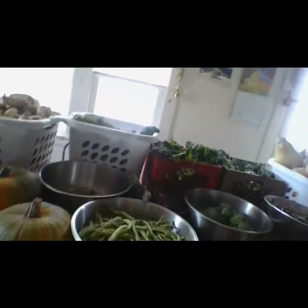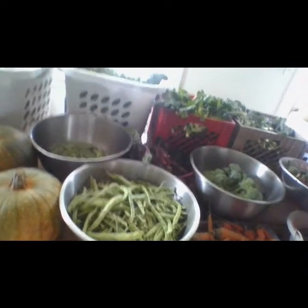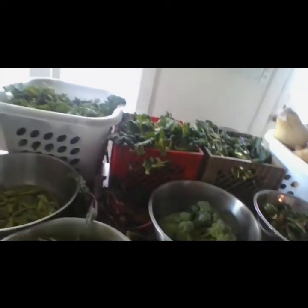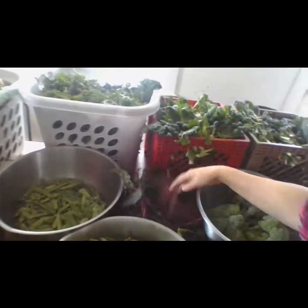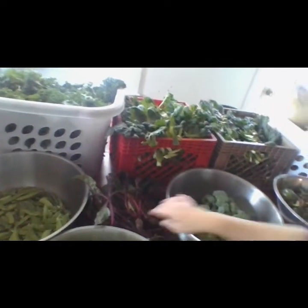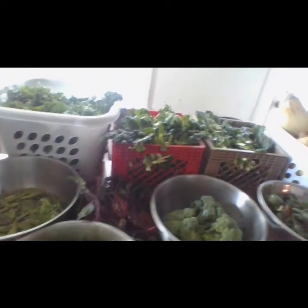I don't know how many quarts that is, but they're pretty big bowls. So we have the green beans here, and then we have 3 heads of broccoli, which we'll probably just eat like that. And then we have these beets, and we will eat. The tops got kind of funky because of the frost, but I'll boil up these beets and just have those